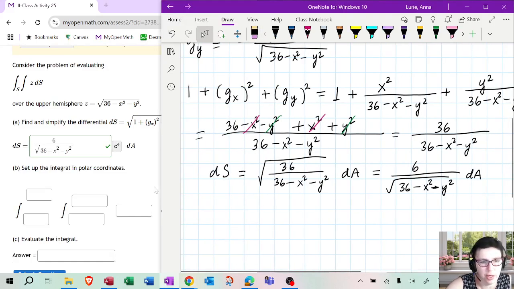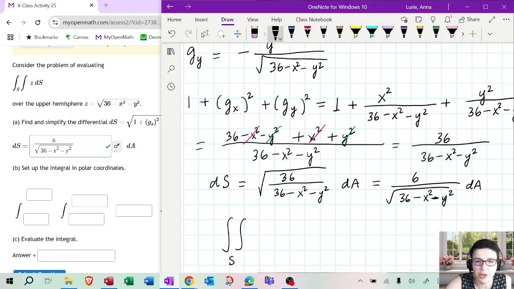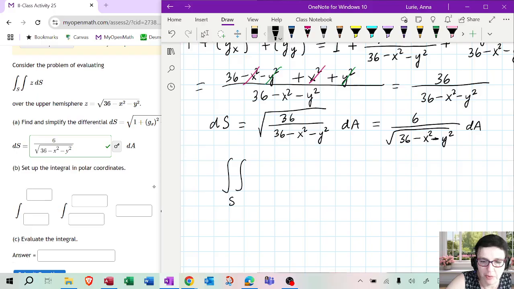Now let's go to the actual computation of the integral. So we are going to be integrating over this surface, but we're integrating z. Now, one thing you need to remember with surface integrals is that whenever you're converting it to a double integral, it should not have any z in it. Because you are integrating over the surface, and on the surface, z equals that square root. So wherever you see z, you should immediately substitute whatever it is on the surface. So that would be the square root.